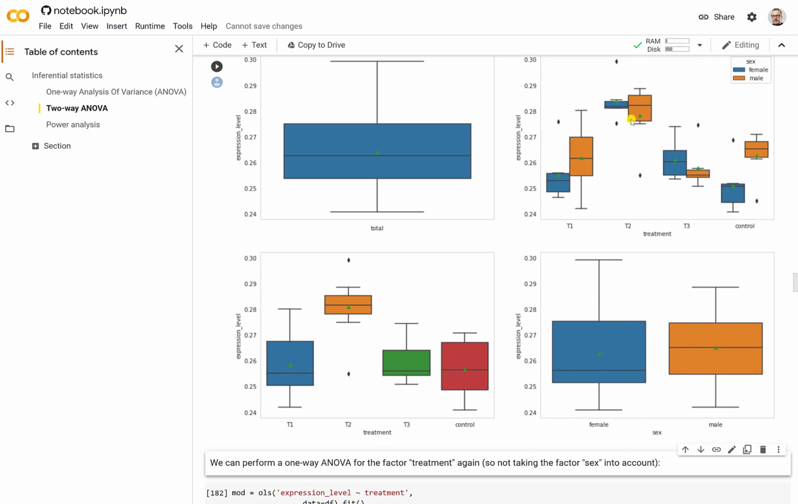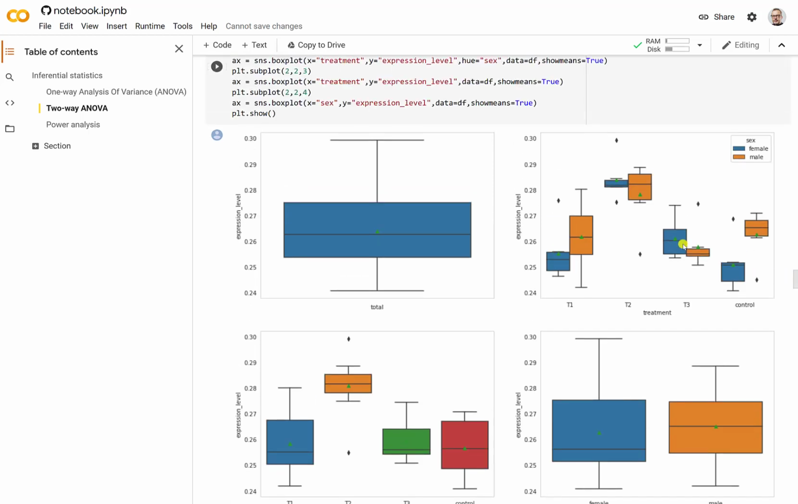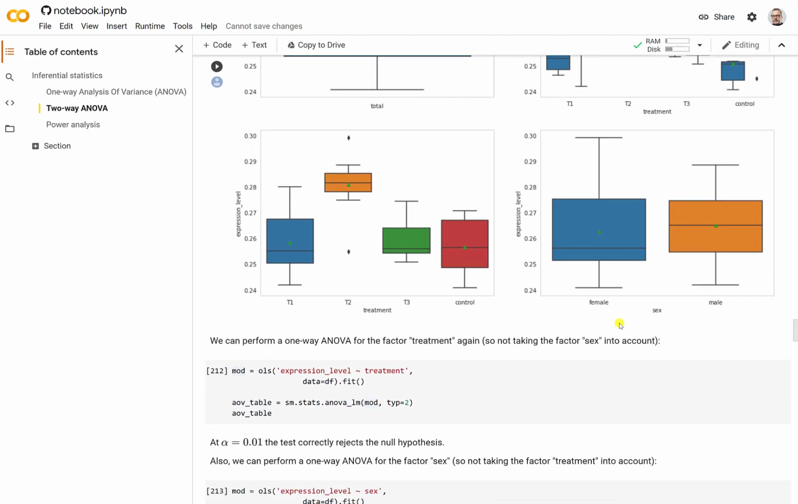Okay, and then we can have this plot as well, where we plot both factors, right? So you can see now that we have treatment here, right? And for each of the treatments we also split this up into male or female. Okay, so now let's first